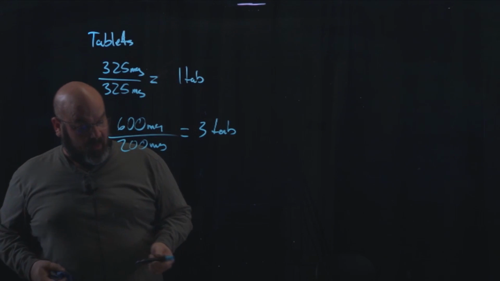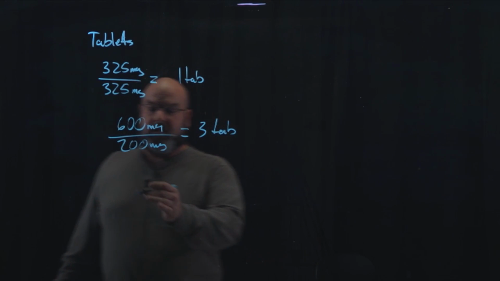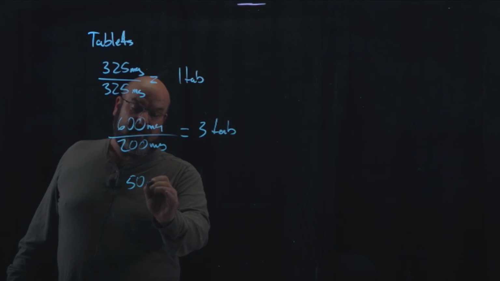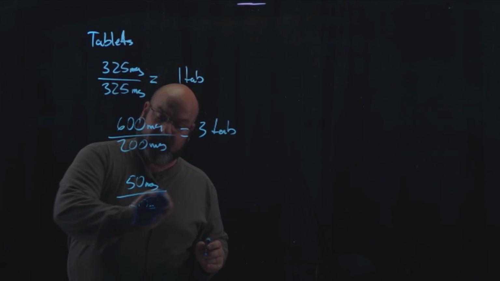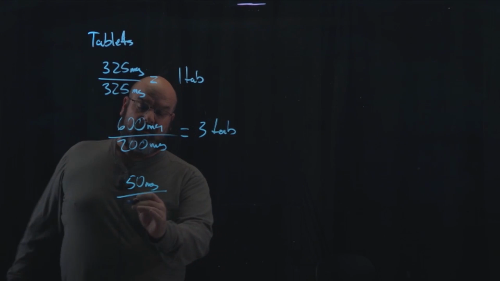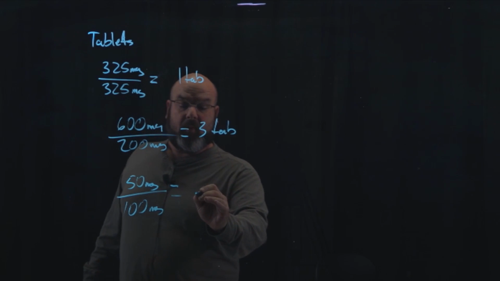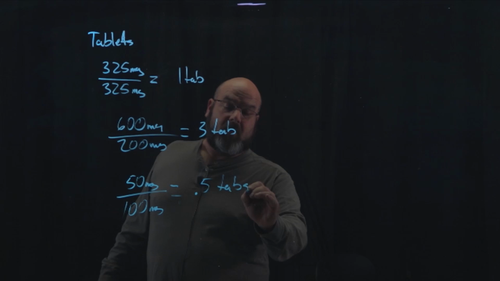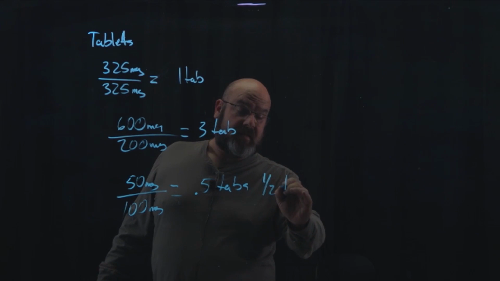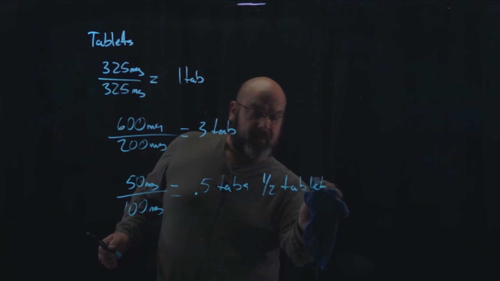We could make this a little more complicated and say that the patient is getting 50 milligrams of a medication. It comes in 100 milligram tablets. We don't want to do it that way because we're not going to give a whole tablet. We're going to give 0.5 tabs, or 1/2 tablet. Pretty simple, pretty straightforward,